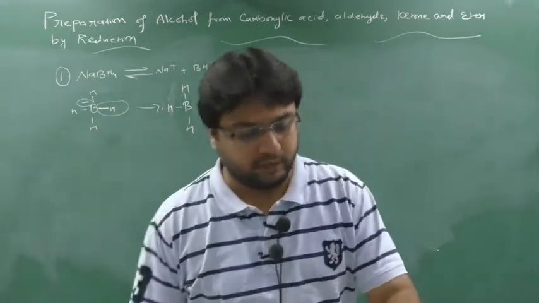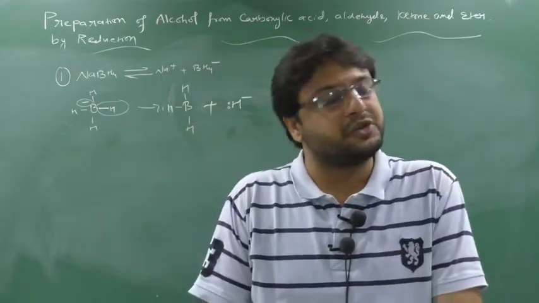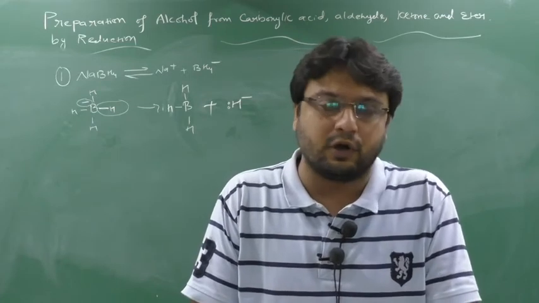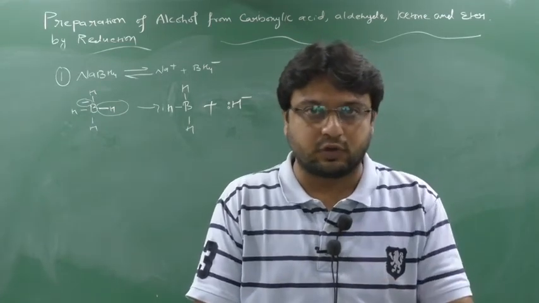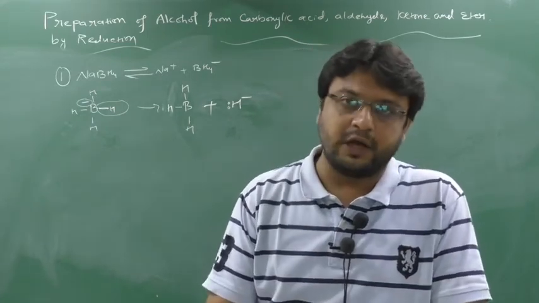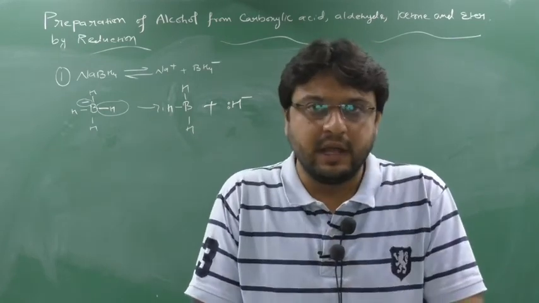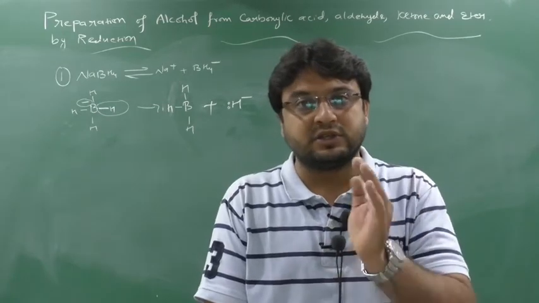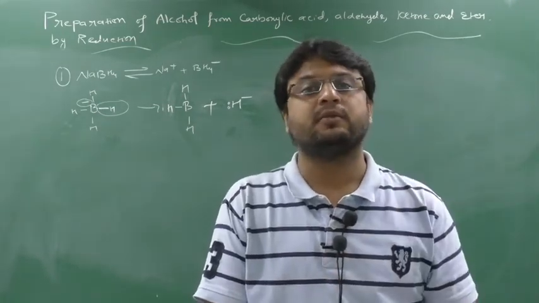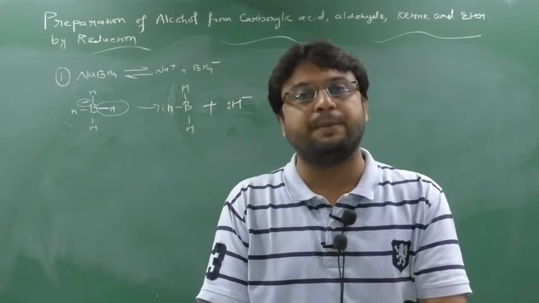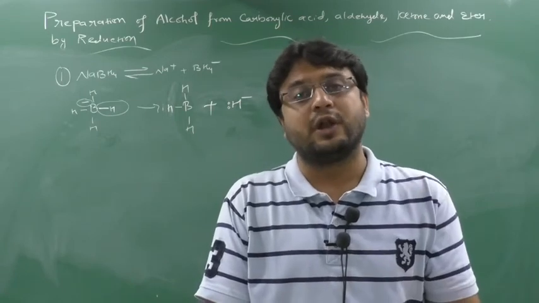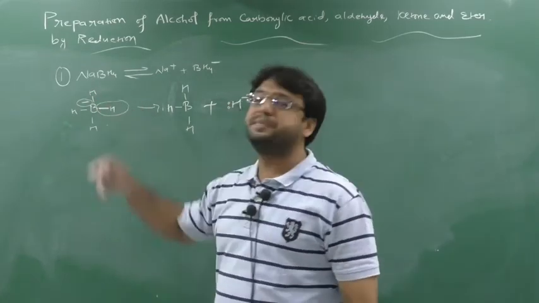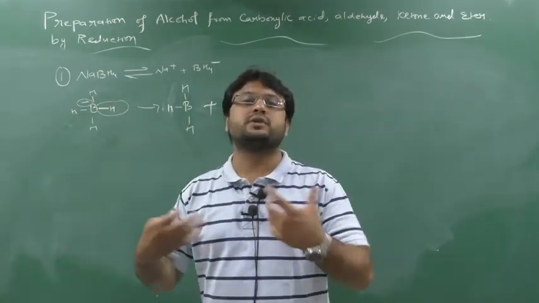Boron has a capacity to make 3 bonds. That is only its capacity. But boron has a vacant p orbital. So due to that vacant p orbital, boron will gain 2 electrons. When he gains the 2 electrons, the 4th bond will be generated. As the 4th bond is generated, boron will become unstable because its capacity is to make only 3 bonds with 1 p orbital. But due to 1 vacant p orbital, he is gaining 1 lone pair and becoming unstable. So now this BH4 minus species will become unstable. So he has to gain stability.